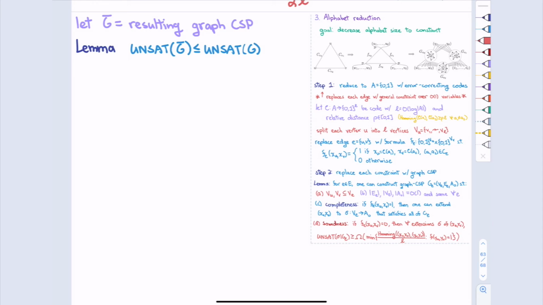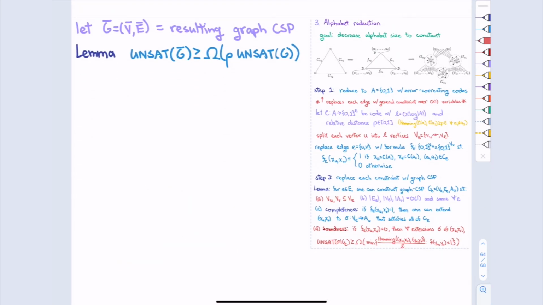The most important case is when G was already satisfied. So if G was already satisfiable before I did all this crazy stuff, I can assign the correct letters to U and V, and then I first blow it up with the error correcting code, and then sparsify it with this black box. I can still satisfy everything here because for each of my two letters which satisfy the clause, I get the corresponding bits with the error correcting code, and then there's some way to fill in everything in the middle to make everything correct. So satisfiability will still get me satisfiability.